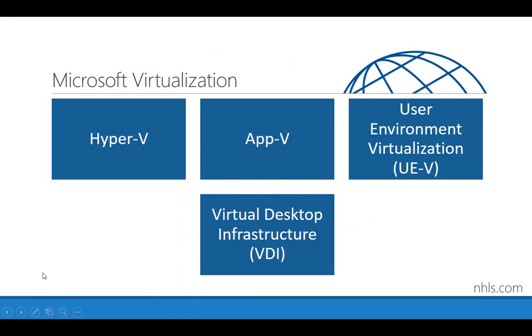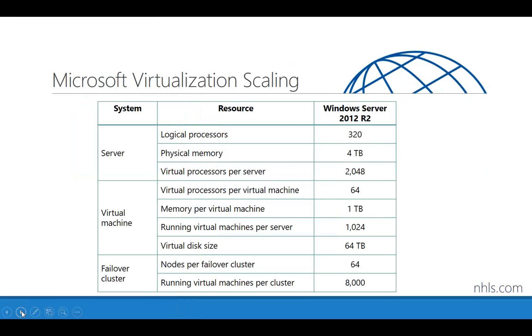Okay. So those are all technologies that Microsoft offers. And some of them come with Server 2012, some don't. It just depends on the component. And here are some of the specs in terms of scalability. I think these numbers are pretty similar to VMware. VMware might have Microsoft beat in a couple cases. But for most organizations, when you're talking about being able to run 1,000 virtual machines on a physical host, that will satisfy most people, right? Those are pretty big numbers.